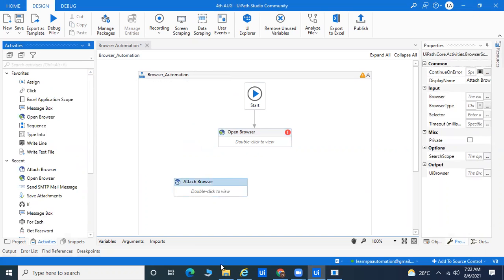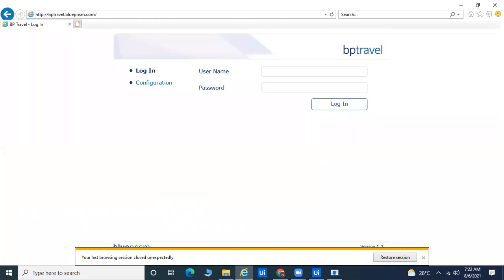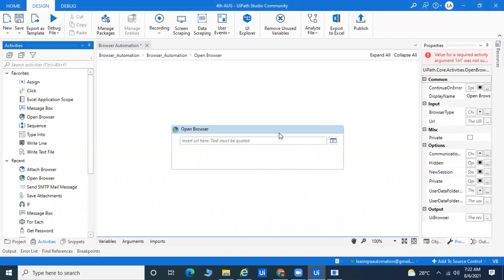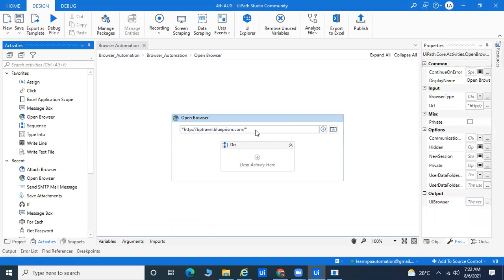So first thing, if you want to launch any web-based application, I can show you, like, the BP Travel. If you want to automate any type of web-based application, we go through your URL. Let me show you. You go inside this open browser and go for double quote. If you run this program, by default UiPath provides Internet Explorer. If you want to automate on Google Chrome or any web browser, you can go to browser type and select from this drop down, and you are able to automate on different browsers. Okay, first thing.